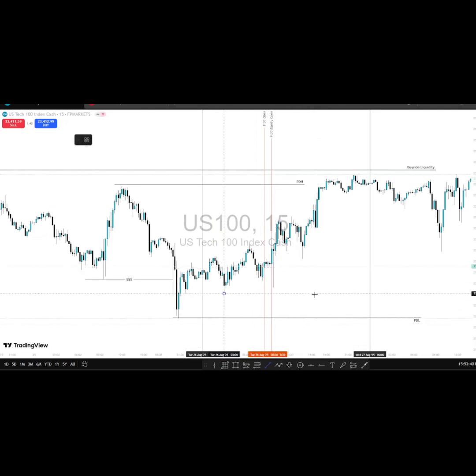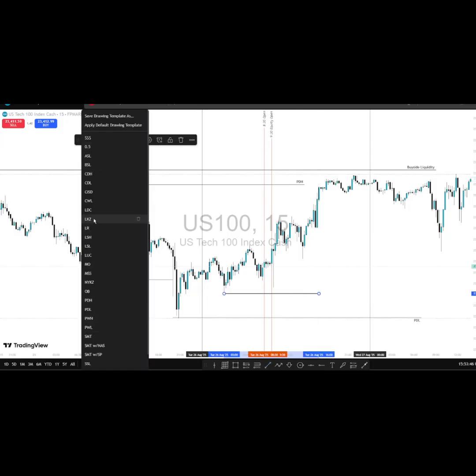Why those times? That is what is known as the London kill zone. So during those times, on a bullish day, I want to see the low of the day form. On a typical bullish day, I want the low of the day to form between 2 to 5 a.m. And on a typical bearish day, I'm not saying on all bearish days or all bullish days, I'm saying on a typical bullish or bearish day. So on a typical bullish day, I want to see the low of the day form between 2 to 5 a.m., the London kill zone. On a typical bearish day, I want to see the high of the day form between the times of 2 a.m. to 5 a.m.